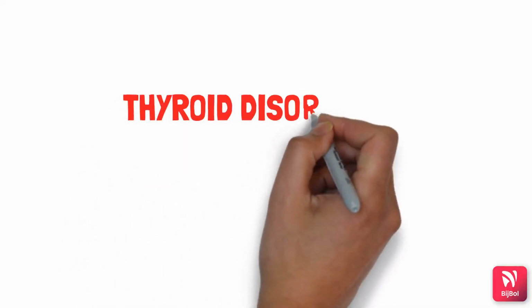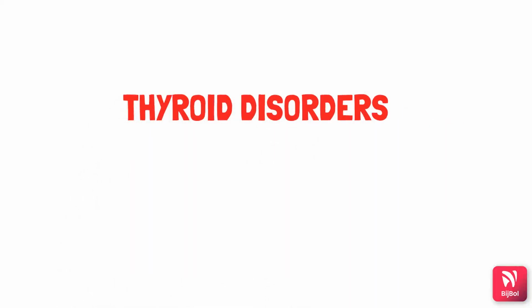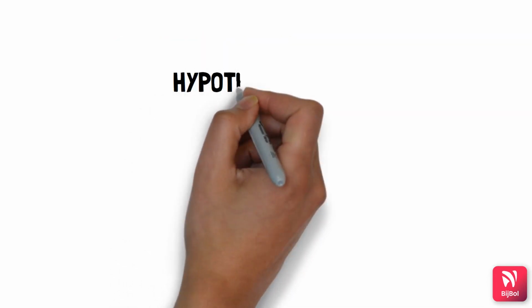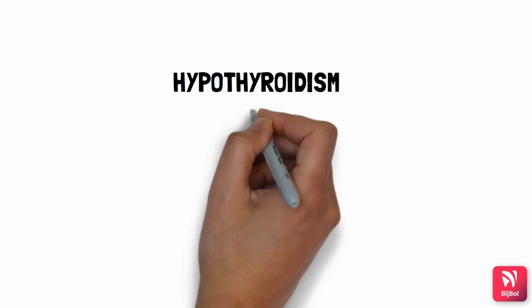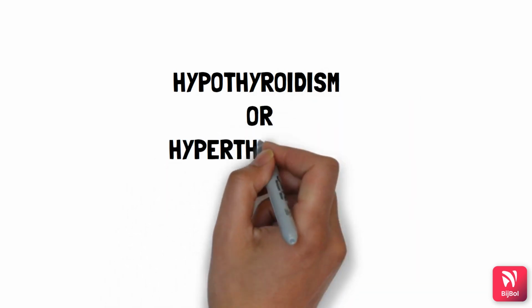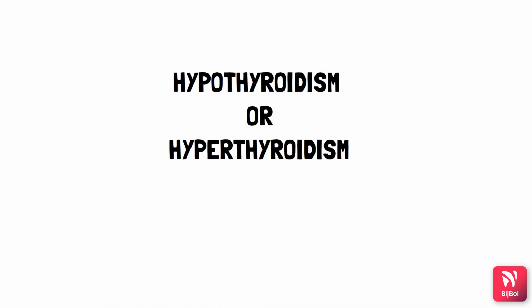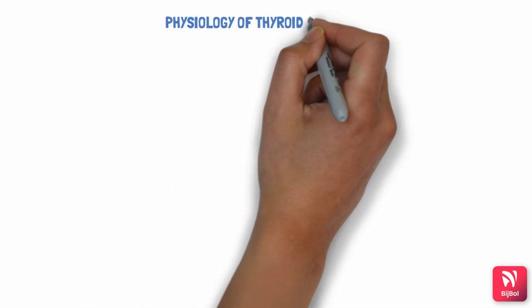Thyroid disorders. To understand thyroid disorders, we need to see what type of disorders there can be. There can be either hypothyroidism, which is due to decreased thyroxine levels basically, or hyperthyroidism, which may be due to increased thyroxine hormone levels. This is just a broad outlook. Now before going into detail about this, let us know how the thyroid gland works and how this thyroxine hormone